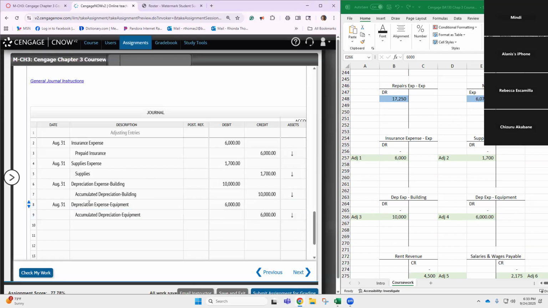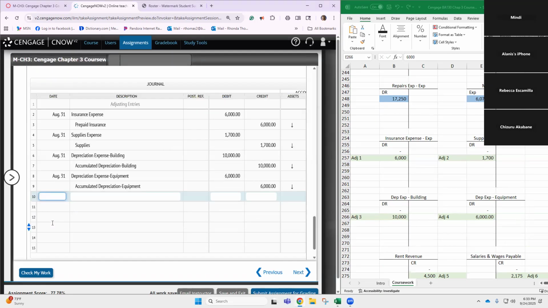Okay, so we've got 4 done. You should be ready for line 10 of your journal. Line 10. Luckily, I can't recall an adjusting entry that takes any more than 2 accounts. Okay, it's always going to be one balance sheet account, one income statement account. And we'll go back through these and check our methodology here in a minute. So August 31st is the next one. It said rent